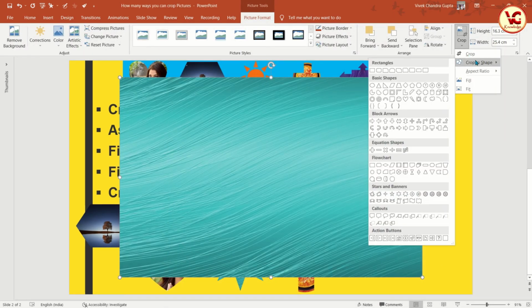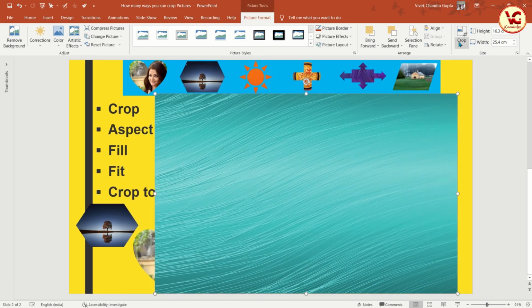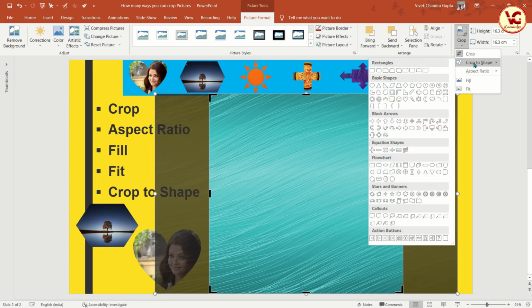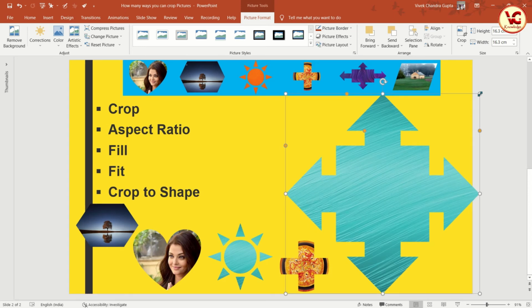If we want 1:1, this is a different aspect ratio, this is for the landscape, and we want 1:1, then we have to select the aspect ratio first and then we have to select the image or shape rather. So where is this shape? We have to identify. You can select this one, callout.